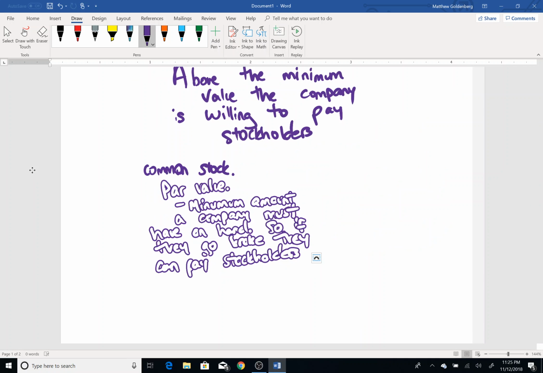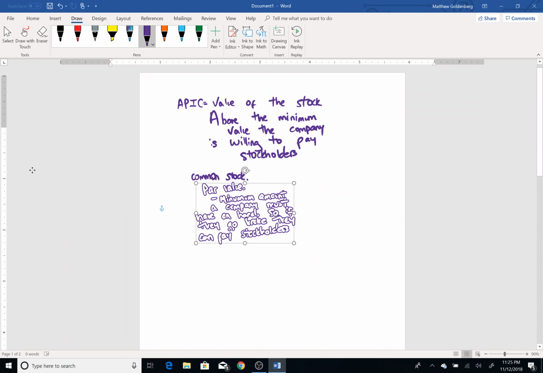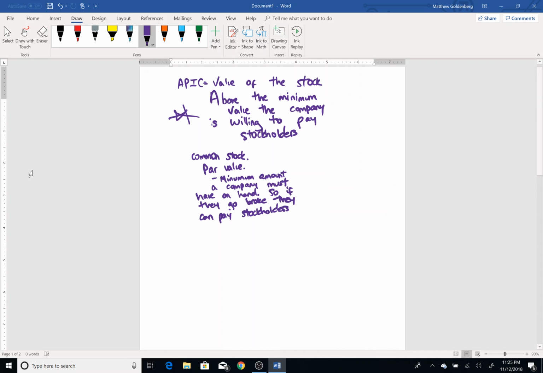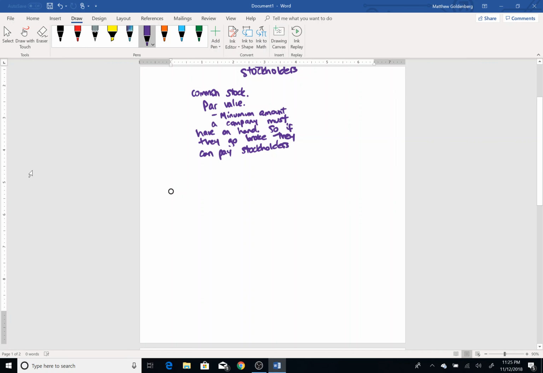And then APIC is basically, as you can see by the definition, the value including that but above that. And you can think of it all as what you would consider the market value of the stock